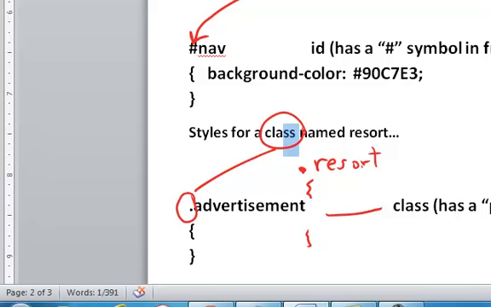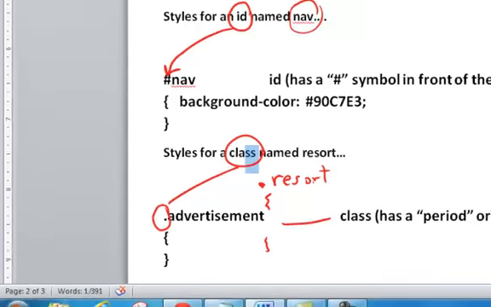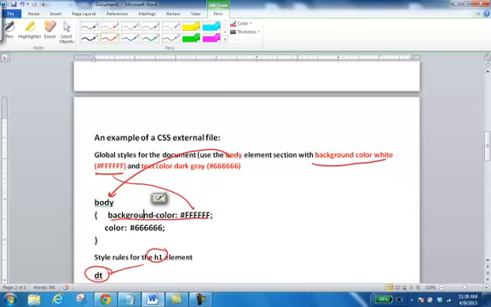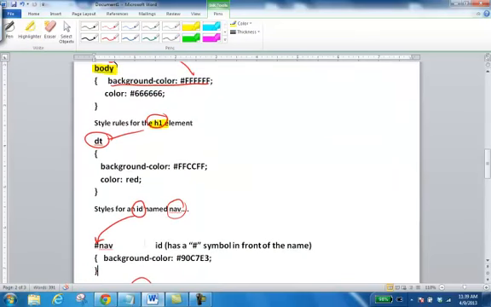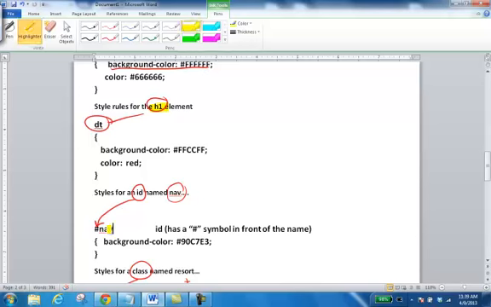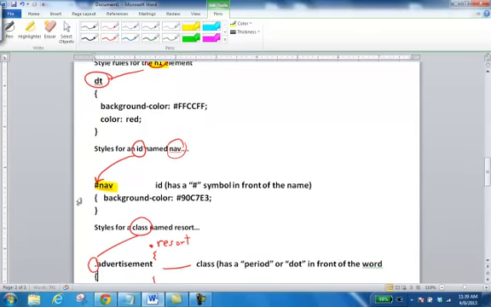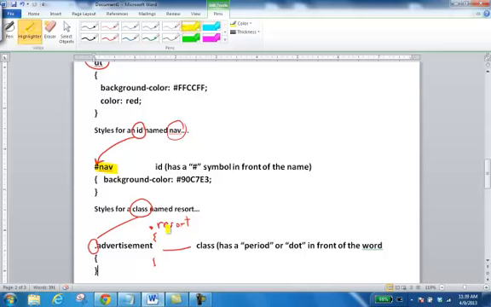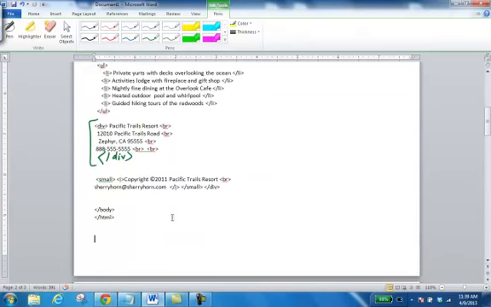Now, when you actually use these in your web page, of course in your website you're going to have the word body. In your website you're going to have the word h1. In your website you're going to have the ID called nav. In your website you're going to have one called resort. So when you're looking at those directions,